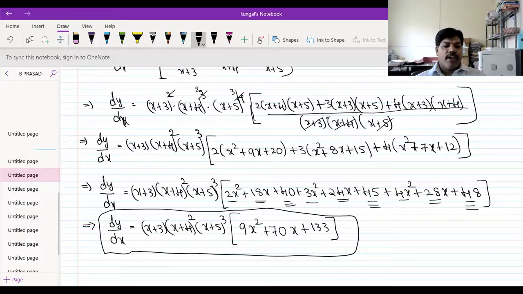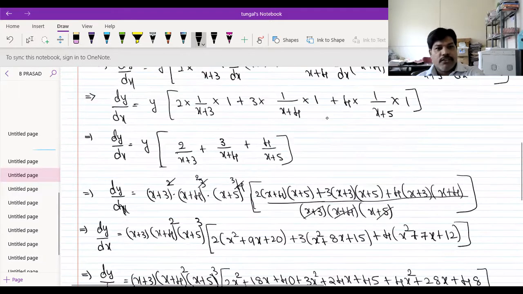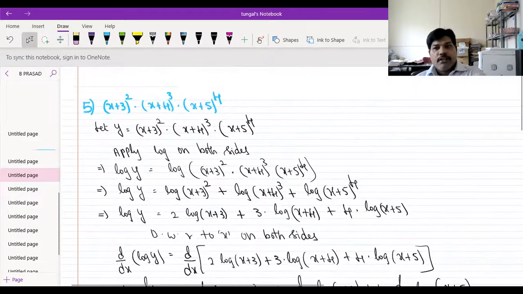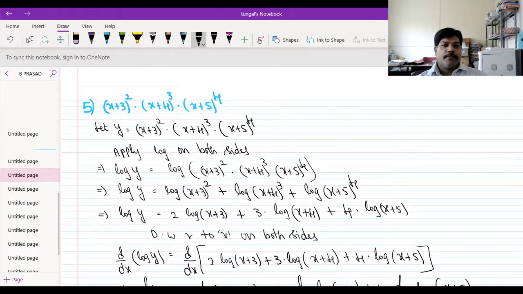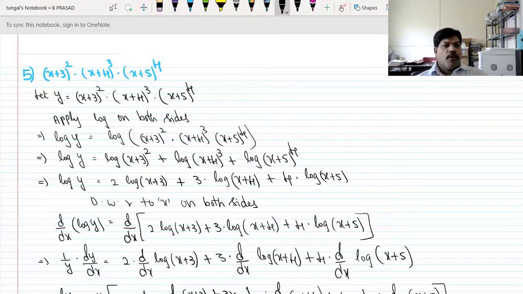So see this one, the dy by dx value. So see that one, students. So this is the question. You can understand that. So see that once again. So y is equal to, what is the y value, students? y is equal to x plus 3 whole square into x plus 4 whole cube into x plus 5 whole